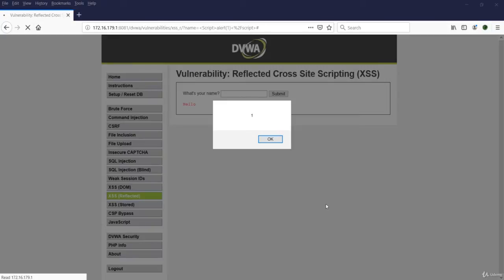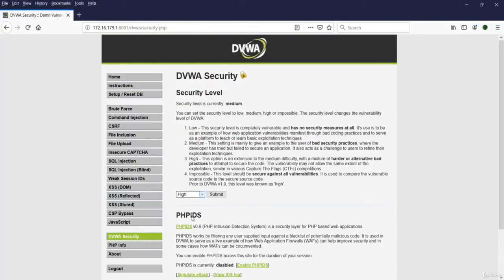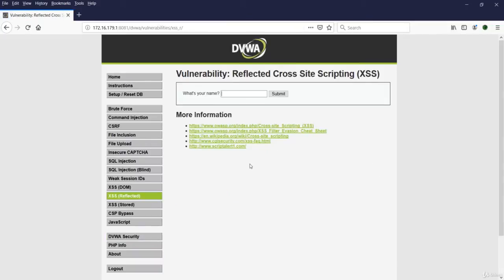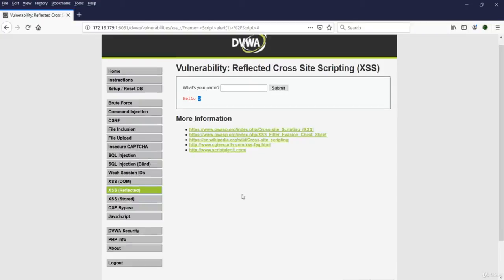Now let's move on to high security. Now let's try putting the payload via which we were able to execute medium level security. And that was over here. If you will see, it has just given this angular bracket and the rest of the part has been eliminated by the algorithm. Now let's check its source code.